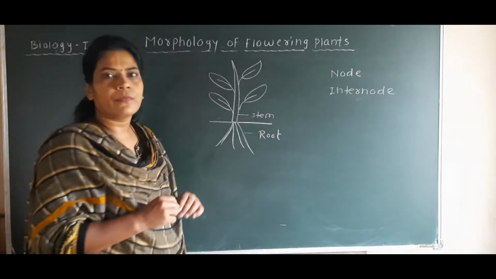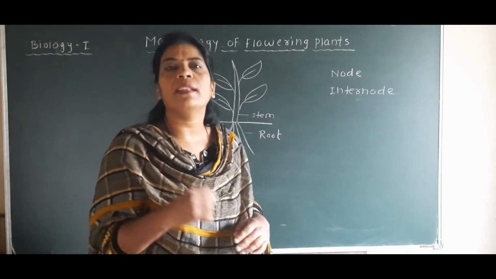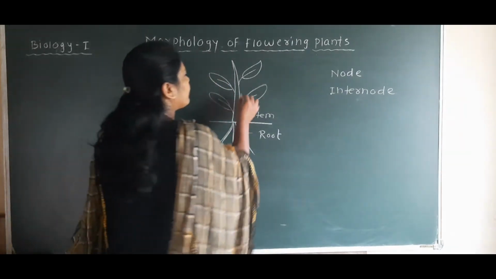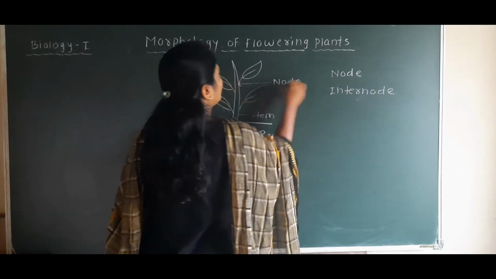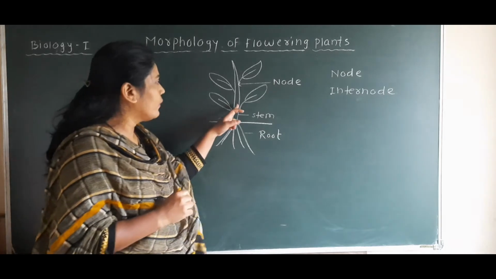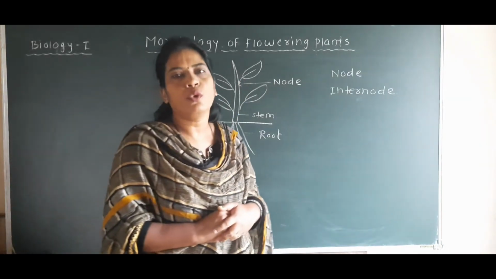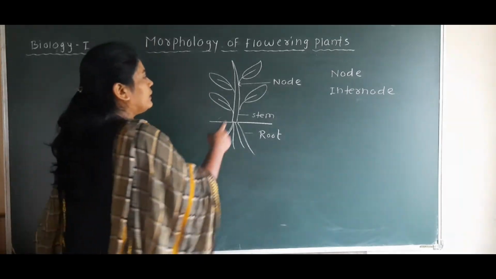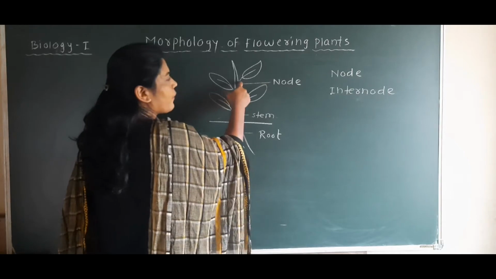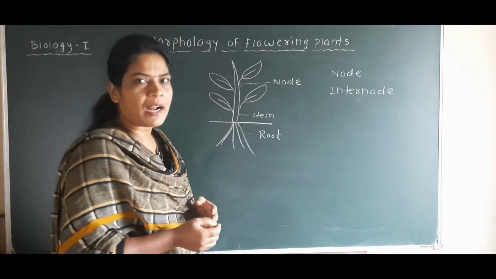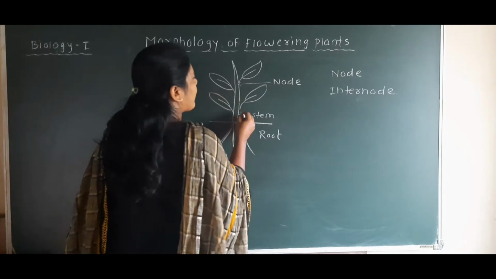On this stem, the point where the leaves start, that part is called the node. So this one is called the node. स्टेम वर ज्या ठिकाणी लीफ स्टार्ट होते त्या पॉइंटला आपण काय म्हणणार आहोत, नोड म्हणणार आहोत. आणि the distance between the two successive node, so this is the node from where on the stem leaf starts, and the distance between the two successive node is called the internode.